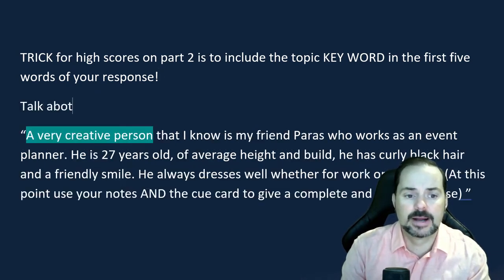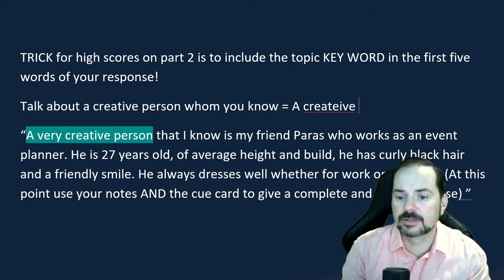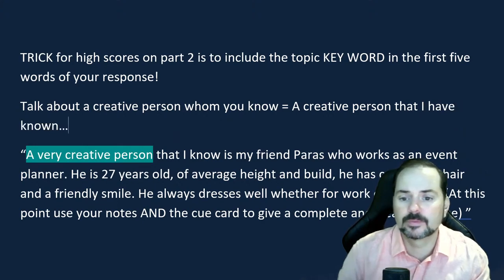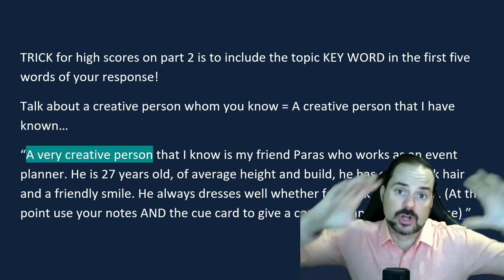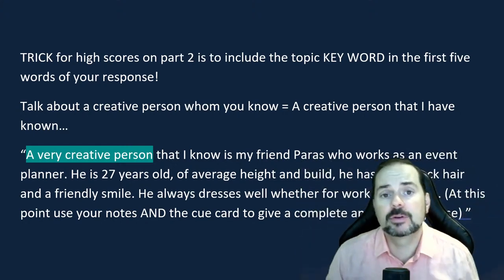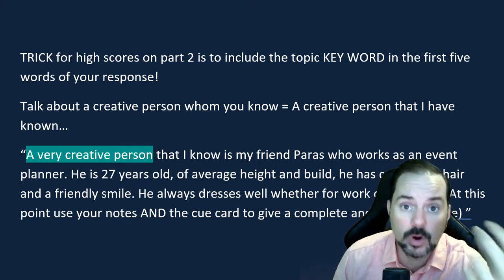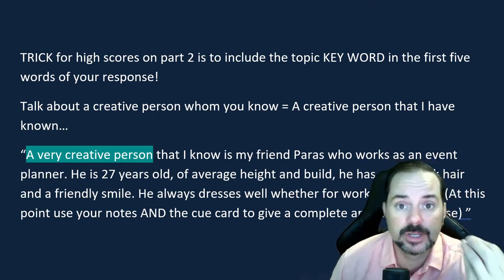Talk about a creative person whom you know. And then, a creative person that I have known. Okay? So it's like, a creative person that I have known. Start that way, okay? That shows the examiner that you got the topic, you're focused, and you're going to give an original answer,